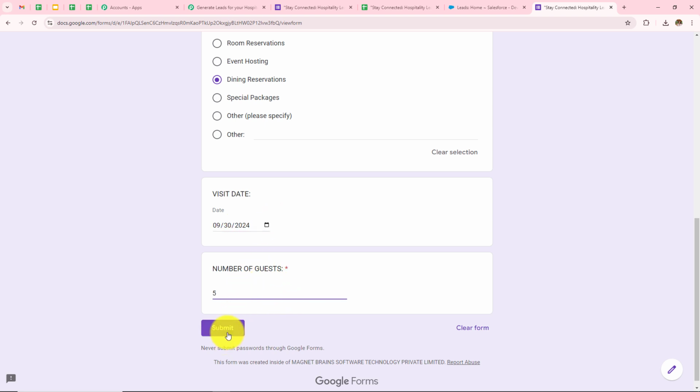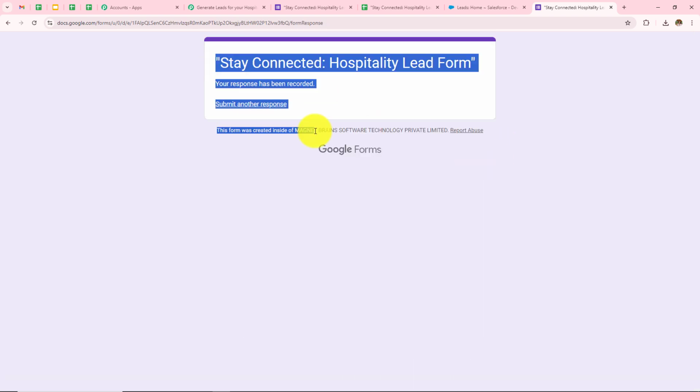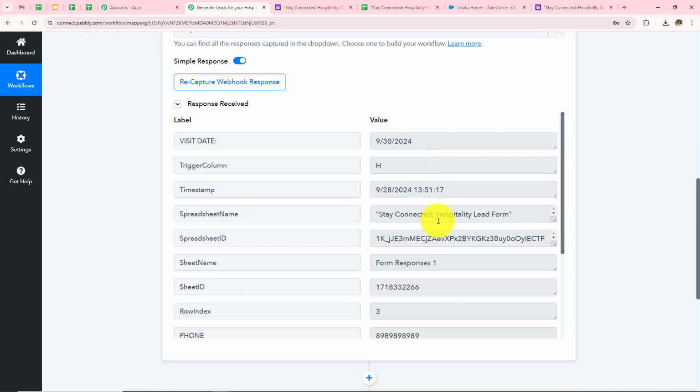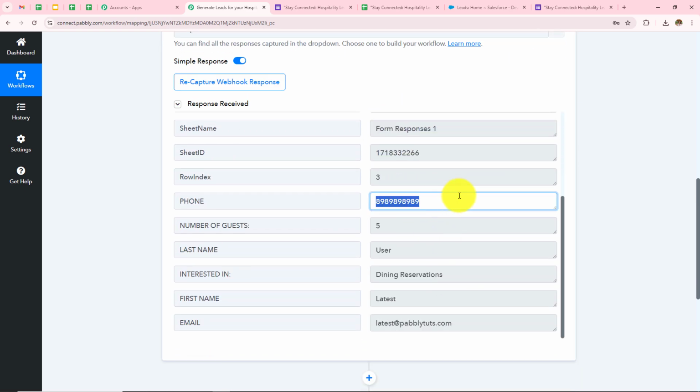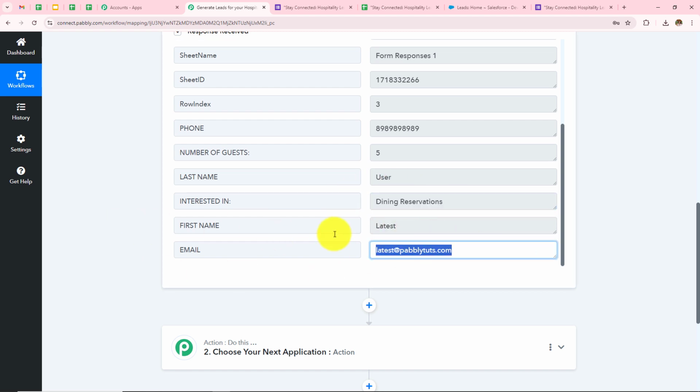Now I have to click on the submit. So I have submitted a form. Now I need to open my Pabbly Connect and check whether I have received this response there or not. So here I can see I have instantly received the response. Here this was the phone number. The number of guests were 5. Last name was user, first name was latest, interested in was dining reservation, and the email address was